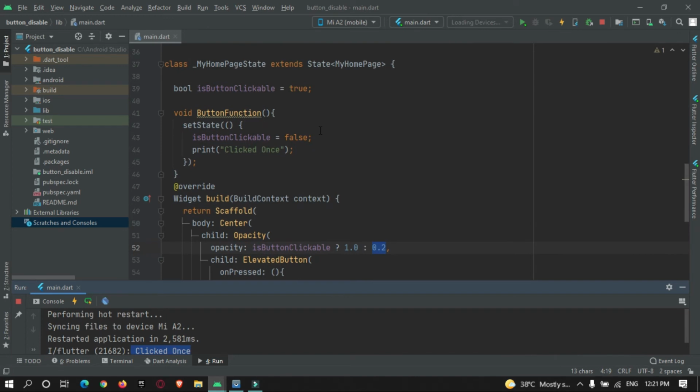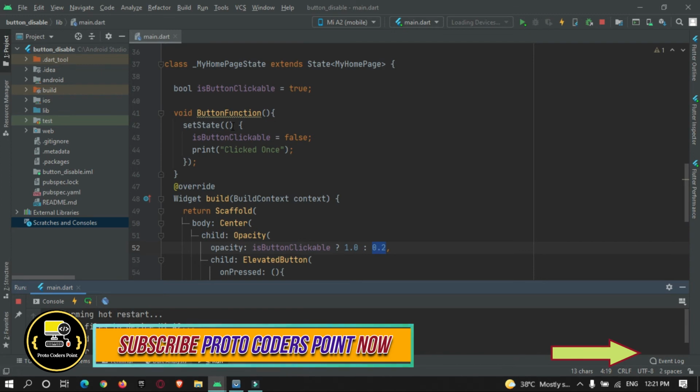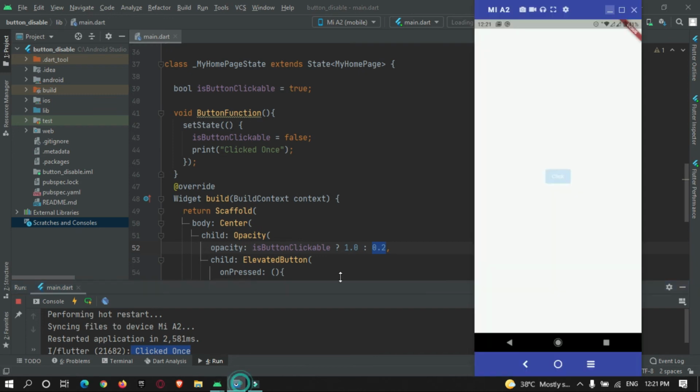And one more thing: if you are developing an app where the user is submitting a form, or a network call is getting processed, then until the response comes from the server side, you can't make this button visible or clickable again.